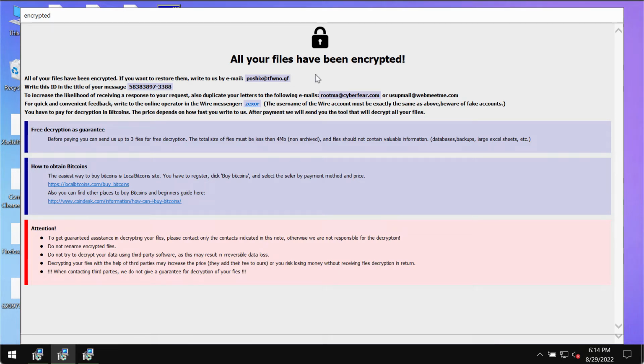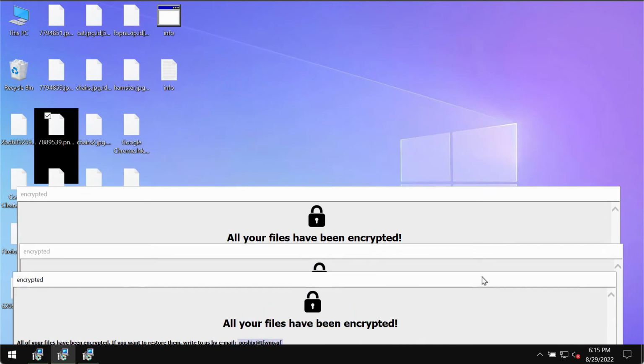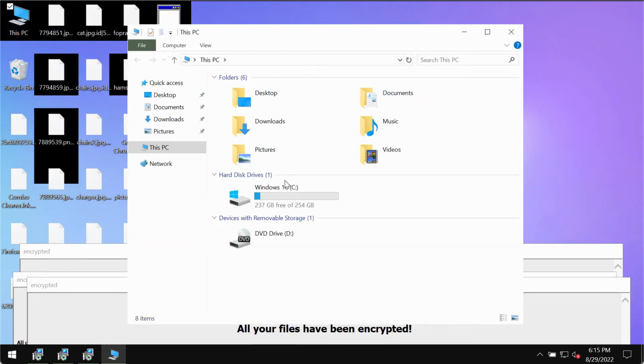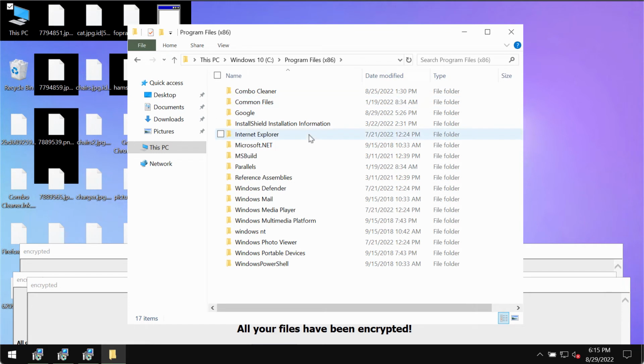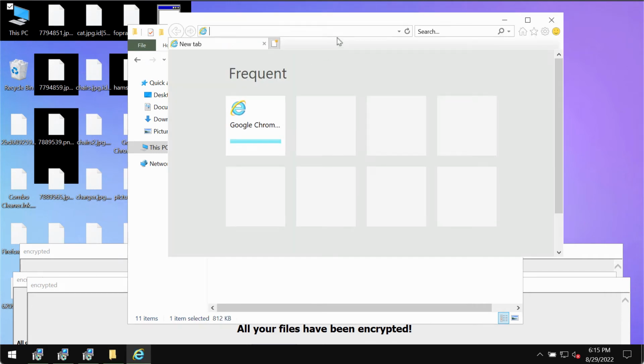However, paying the ransom or contacting the developers does not guarantee the file restoration. If you pay the ransom, you may simply waste your money without getting your data recovered. So don't ever pay the ransom. Don't waste your money. We recommend you to immediately remove this ransomware with the help of reliable antivirus software called